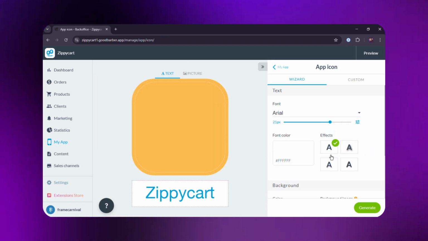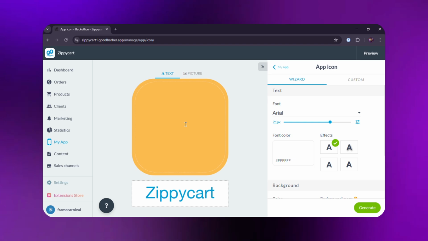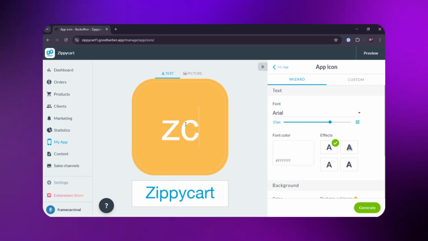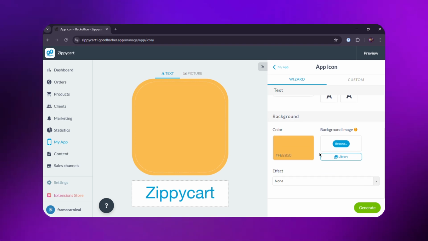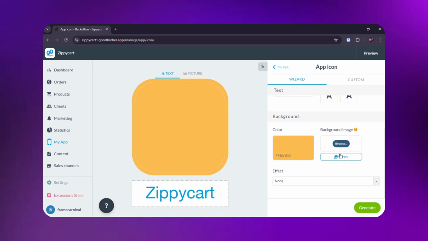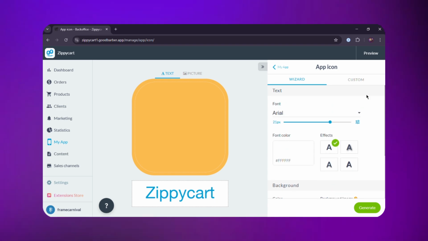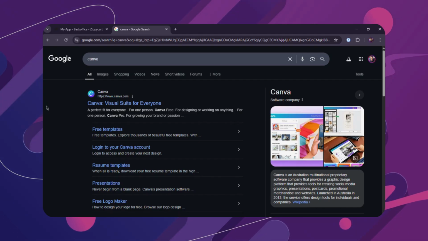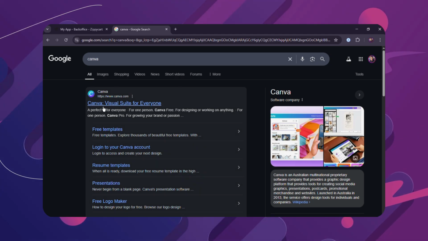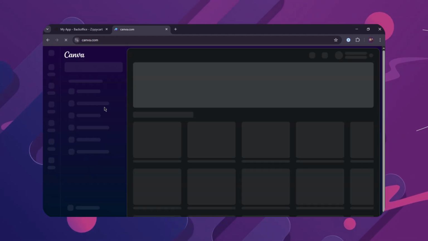Next, you can customize your app icon by adding text and changing the icon color, or you can upload your own logo to personalize it. Even further, for making a logo, the best website is Canva. Simply head over to Canva,